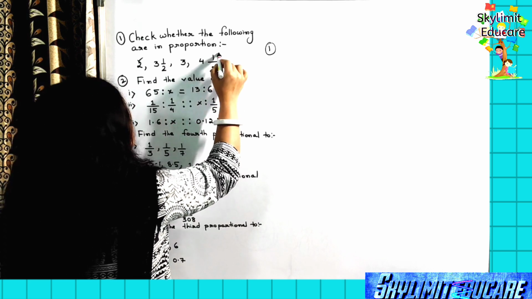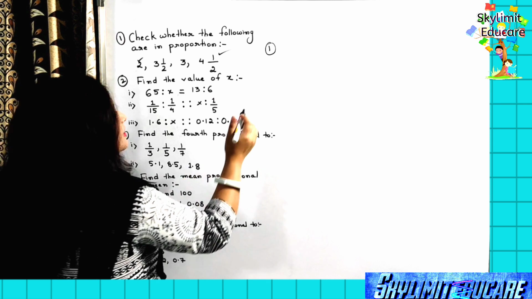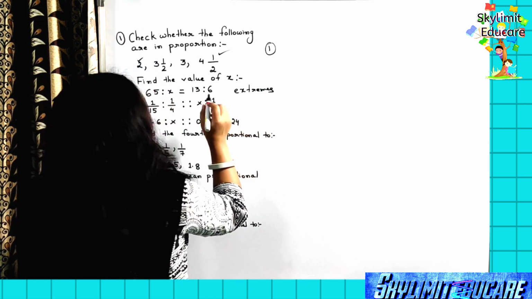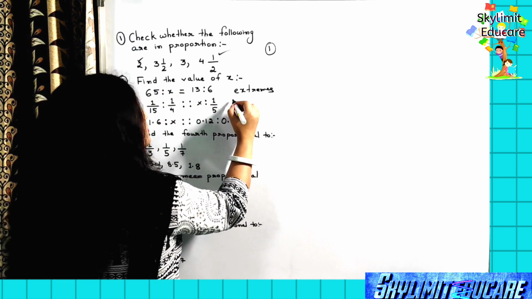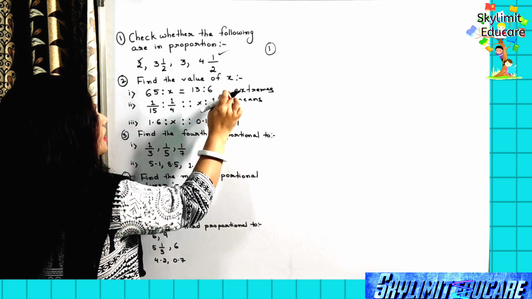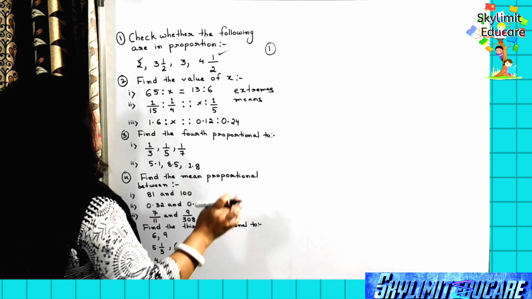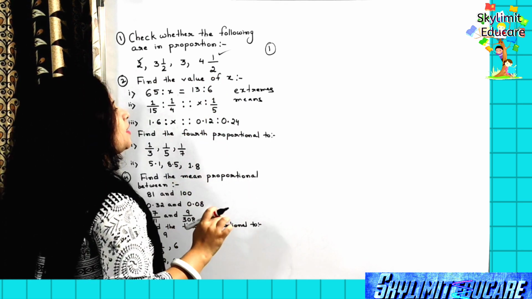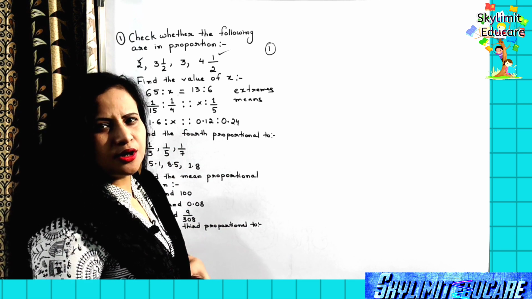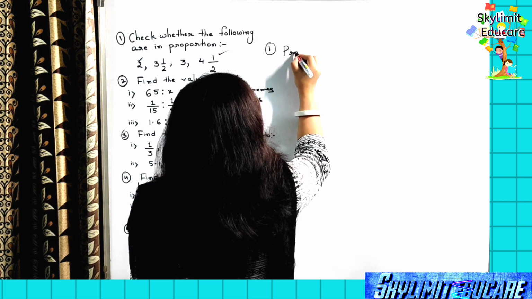first number and the last number, that means the first term and the last term, are called extremes, and the middle two terms are known as means. So when the product of the extremes is equal to the product of means, we can say that the following numbers are in proportion. So let's write here, product of